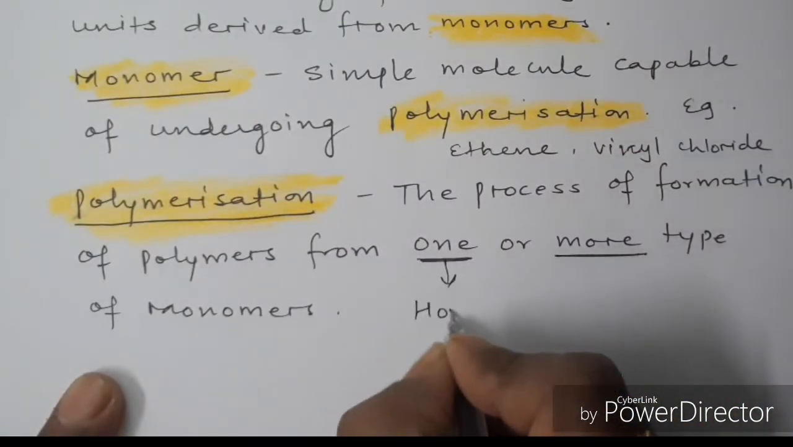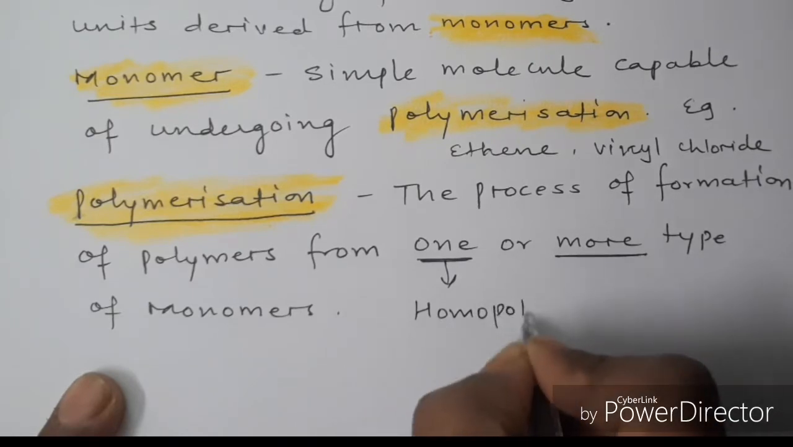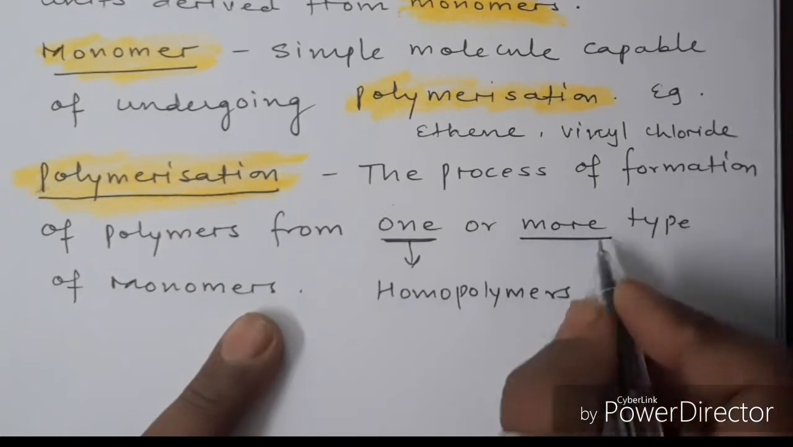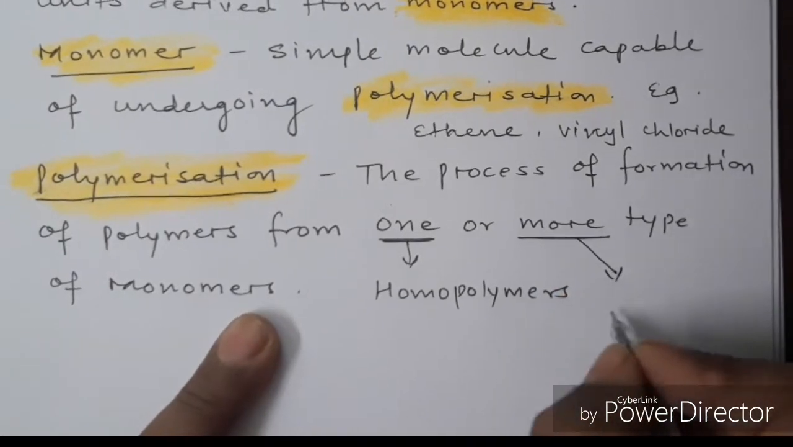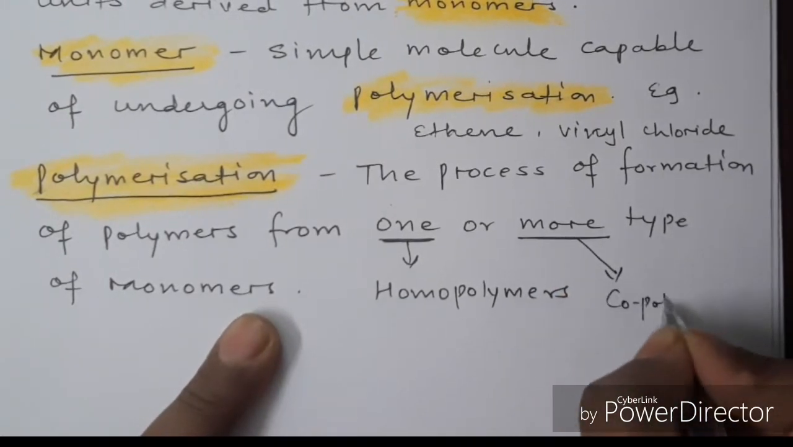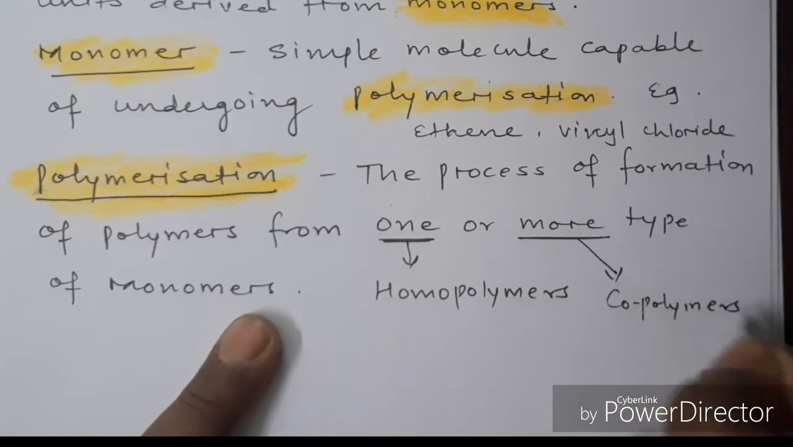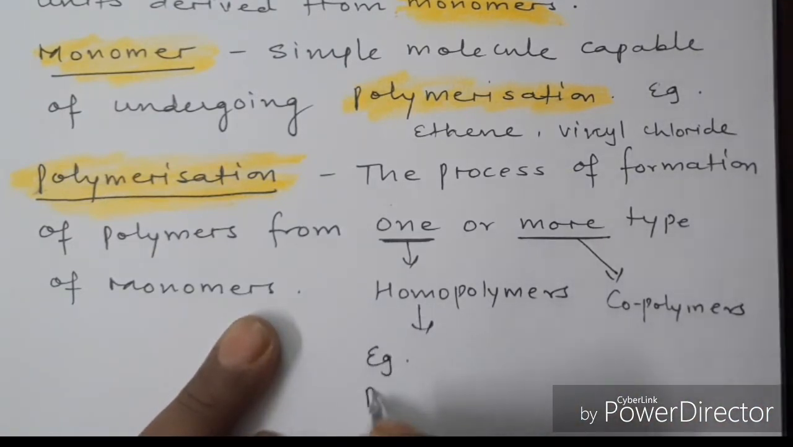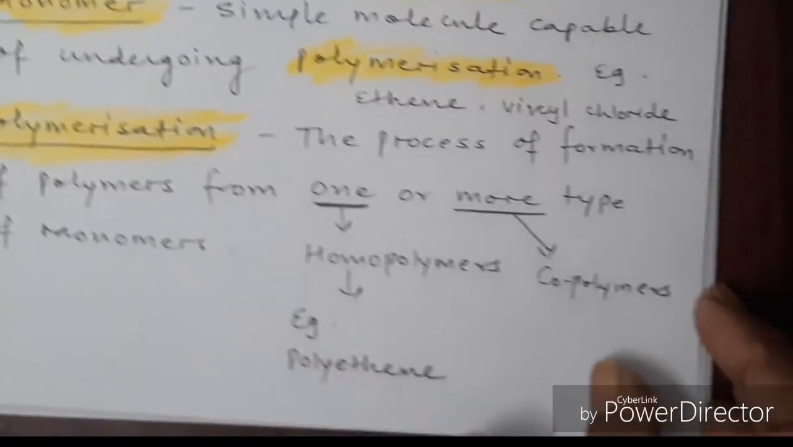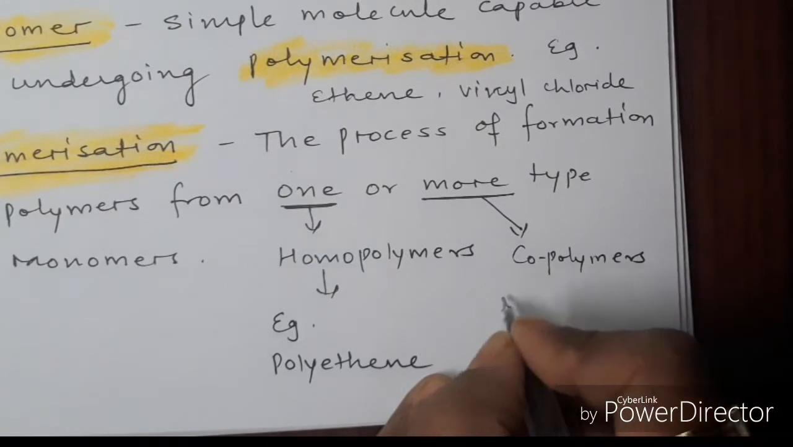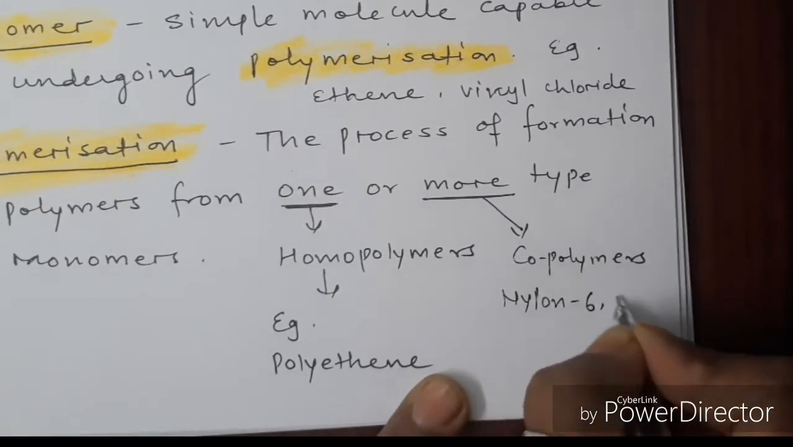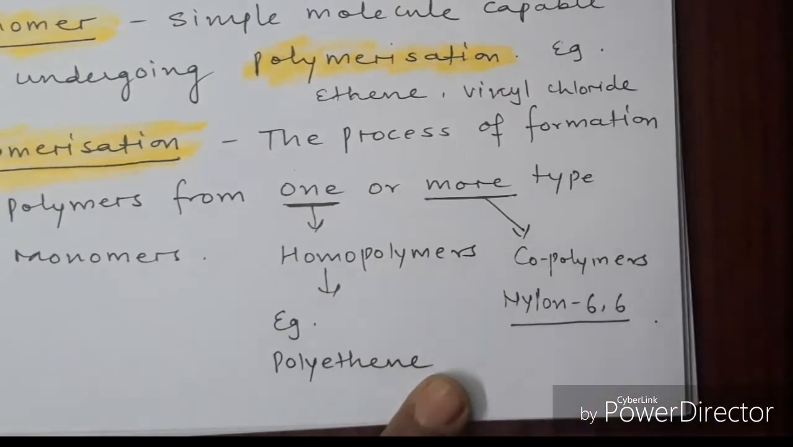Now these monomers can be of only one type, so that's called homopolymers. If you have more than one type of monomers, then that is going to be called as a copolymer. So remember this word, copolymers. So example we can write over here. For homopolymers, the best example and the easiest one is polyethene. And in copolymers, I can take 2 examples. First example, which is the simplest one, is nylon 6,6, which was asked in the board exam, also in the